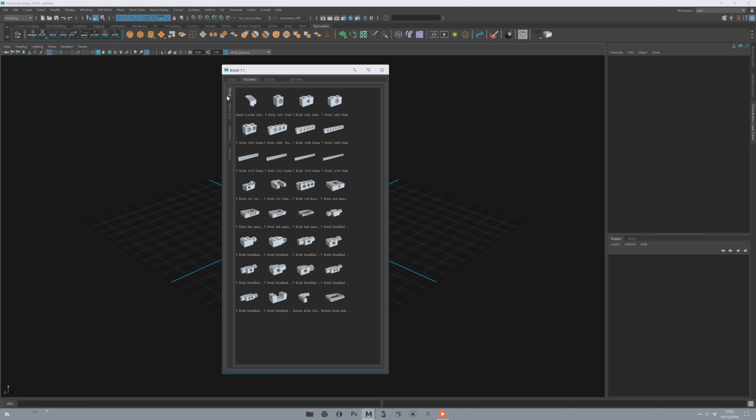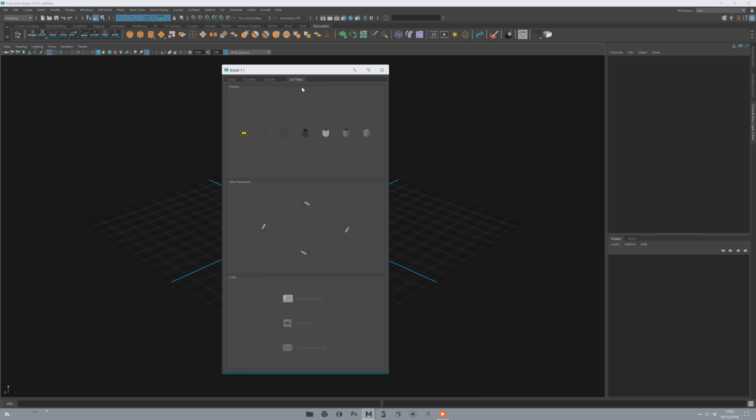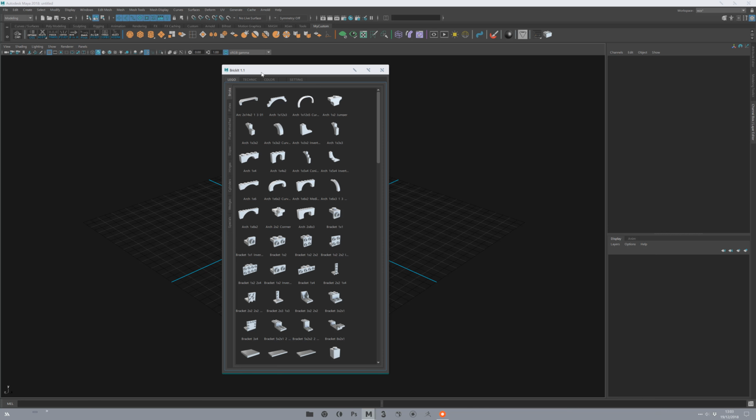The same for techniques, with subtypes. Then you have the color panel, for the material creation. We will discuss that later. And the last one is the settings, with some tools for display, for importing a scene, for custom settings, and the link information.